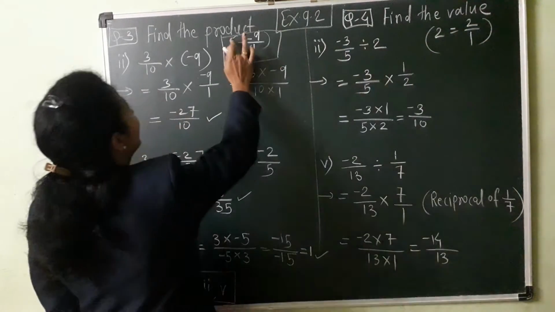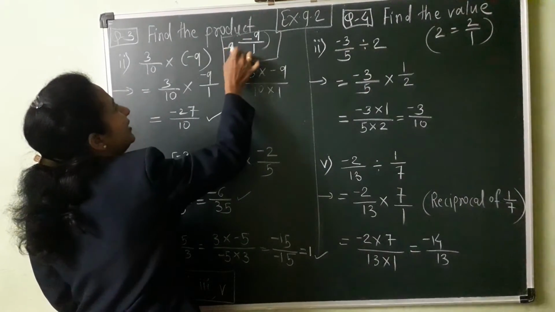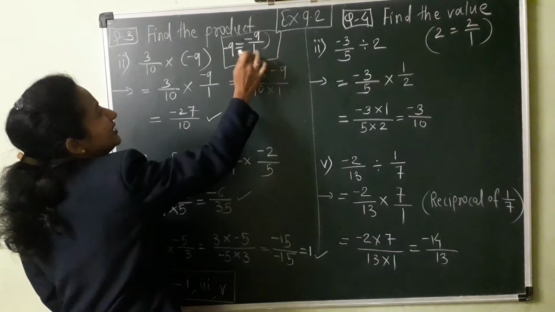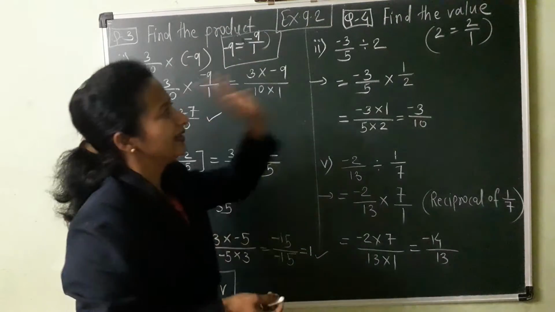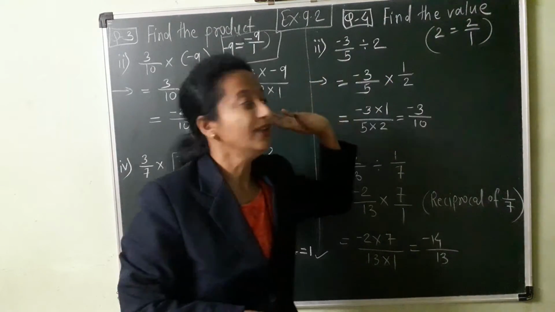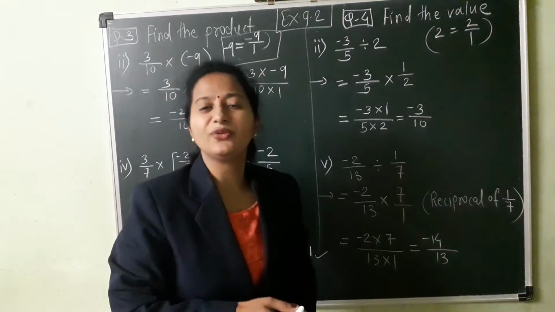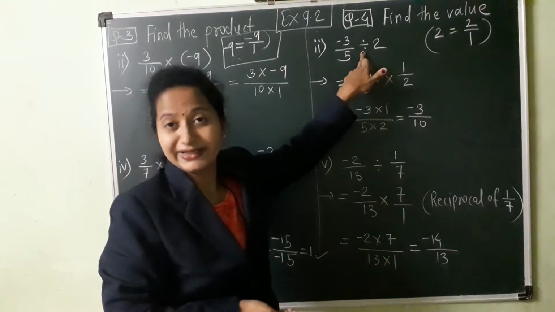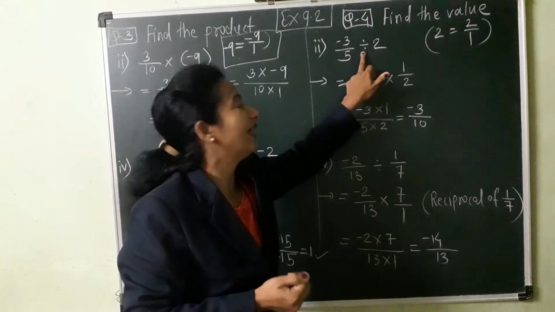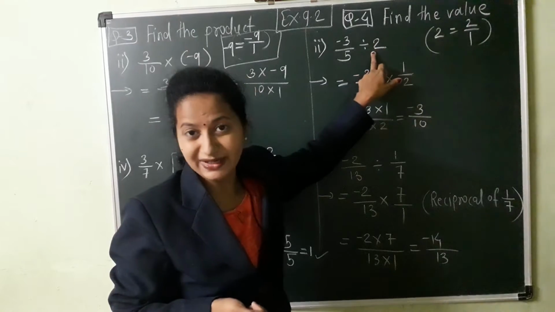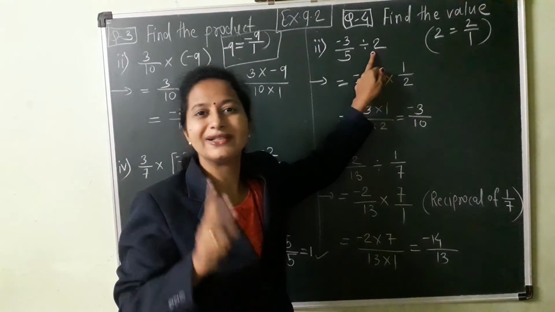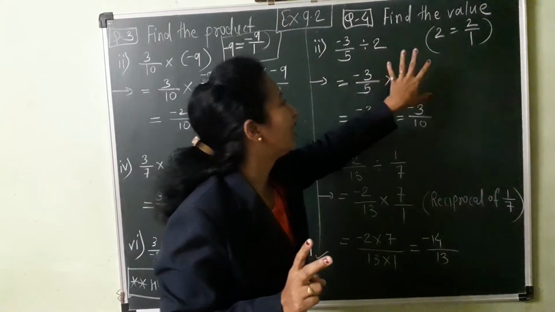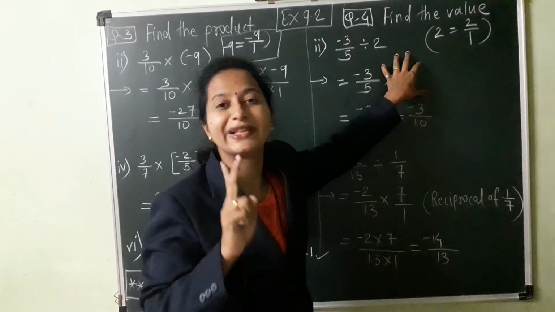Here also we can write minus 9 is equal to minus 9 upon 1. In the same way, 2 is 2 upon 1. While doing division we have to follow some rules. First, you can see a division sign is there, but while doing division, the second number will be the divisor. So all the time you have to consider the second rational number. Again I would like to repeat, while doing division you have to use the reciprocal of the second rational number.